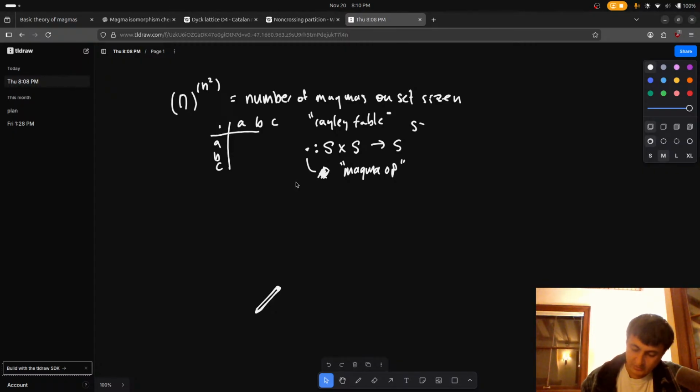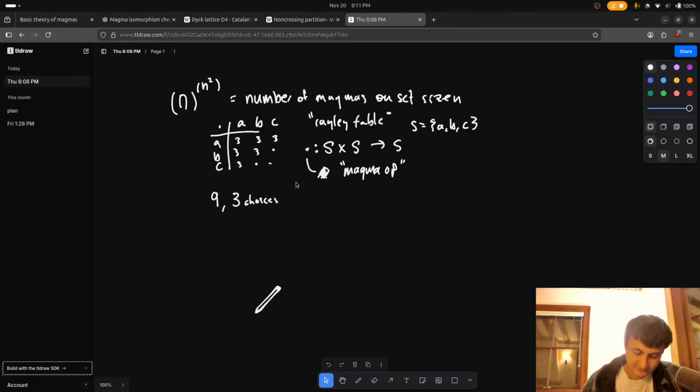So if S equals ABC, then we're gonna have three options here, three options here, three options here, dot dot dot. So the point is that we have basically 9 things where we have 3 choices. And they product, right?